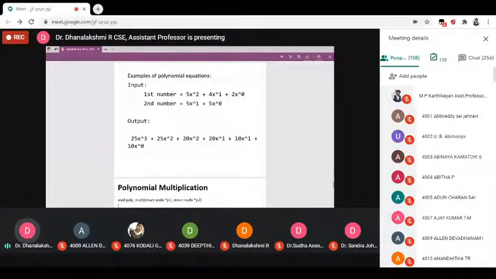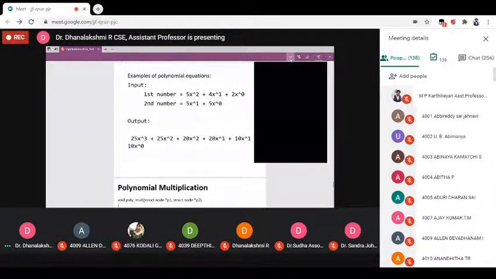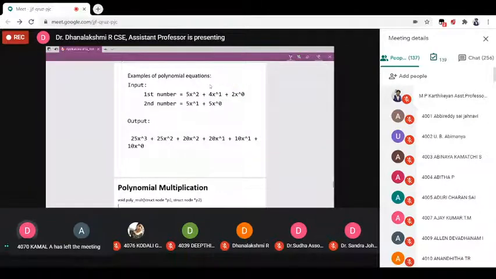Then again, take the second term. Now this is our P1, increment P1 by 1. Using this P1, you can multiply with all the terms in P2. Again, you have to initialize P2, then perform multiplication with P1 and P2.